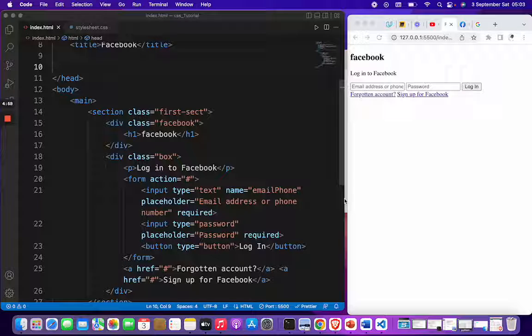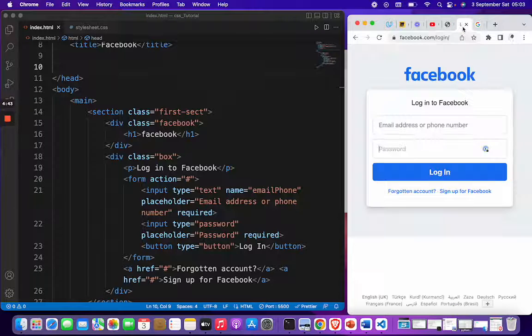Welcome to CSS tutorial. In this tutorial, we're going to go over the CSS selectors, right? So selectors is what actually help us to style our page. So during the course of this CSS tutorial, we're going to style the Facebook login page, right? We're going to get something that looks similar to this, right? We're going to use it to explain